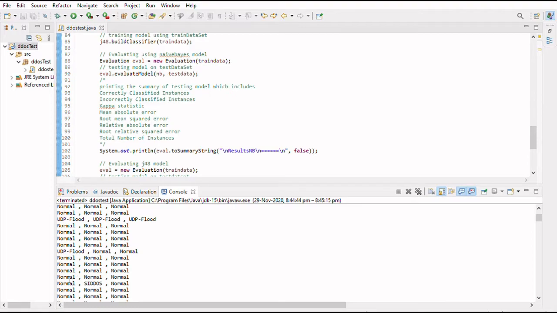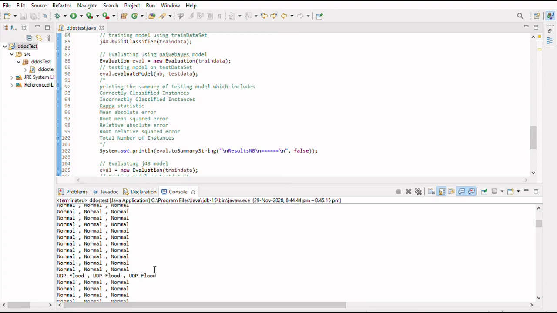This instance is a normal packet, and the NB model predicted it as a DDoS packet, whereas the J48 model predicted it as a normal packet. Similarly, some of them are predicted correctly, and some of them are not predicted correctly. So thank you.